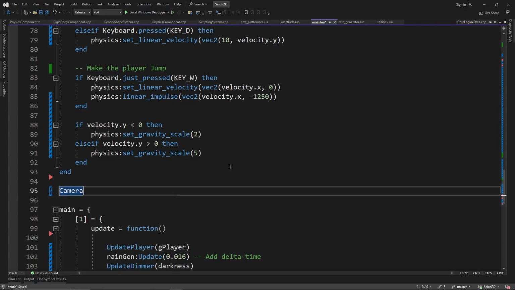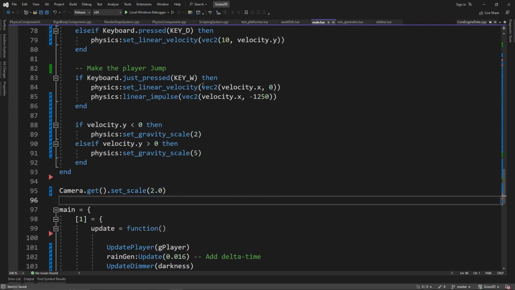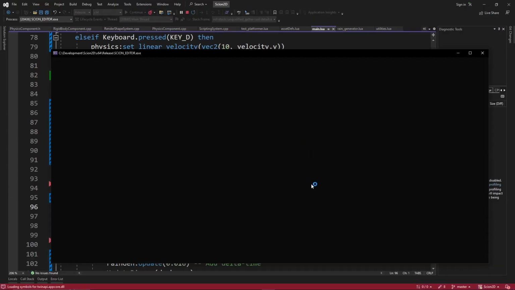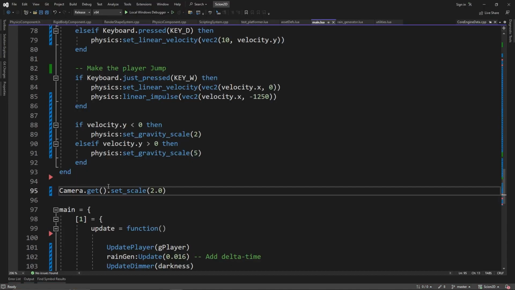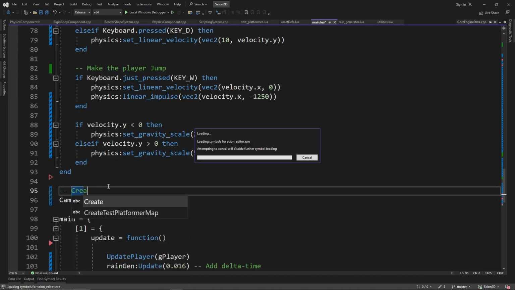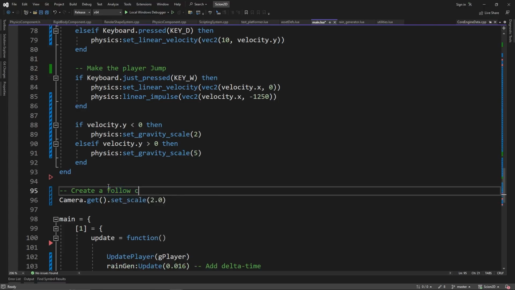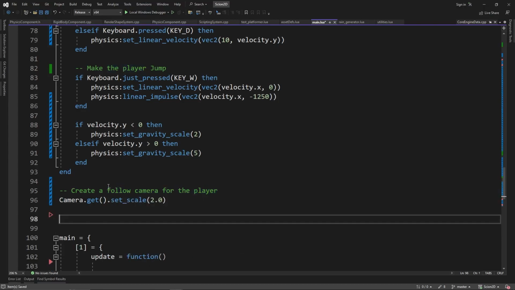Let's just say camera dot get, and then set scale, and we'll set it to 2. Let's just make sure that works. Yep. So see we're at 2 right now. So let's put that here. Create a follow camera for the player, and we'll just say G follow cam is equal to follow camera,